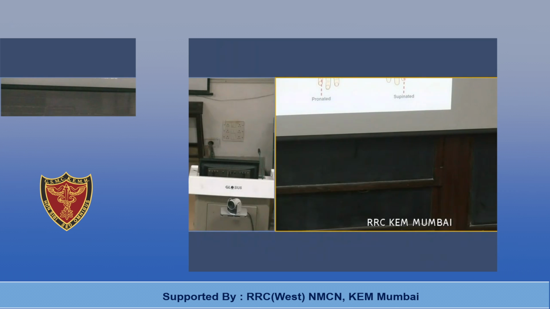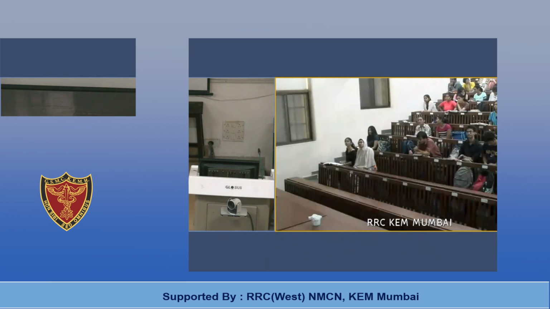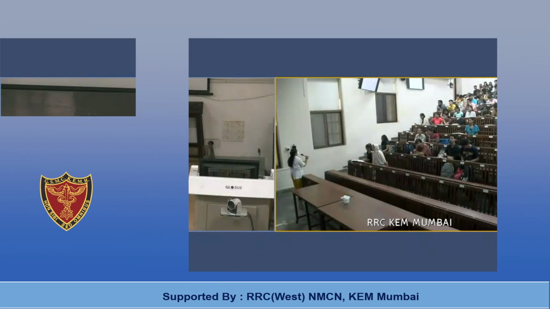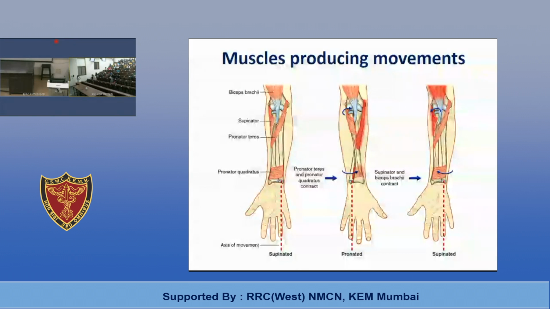Now what are the muscles producing these movements, supination and pronation? Yes. Supination. Which is the stronger movement out of these two? Supination or pronation? What do you think? Supination. And why? For why, you should know the muscles producing the movements. So which muscles produce supination? Biceps brachii and the muscle which is named supinator. Supinator is the supinator of the forearm. Okay. But the main or prime supinator is biceps brachii.